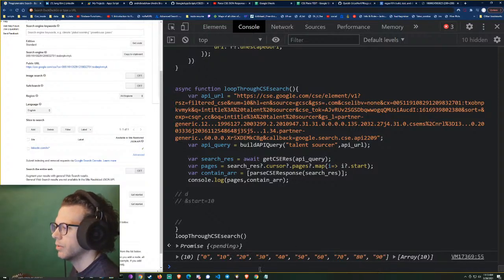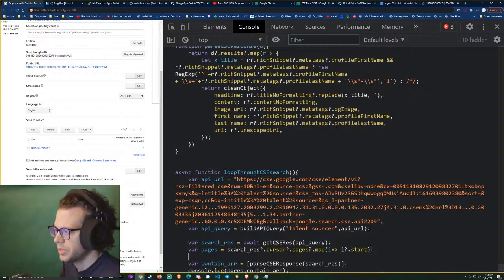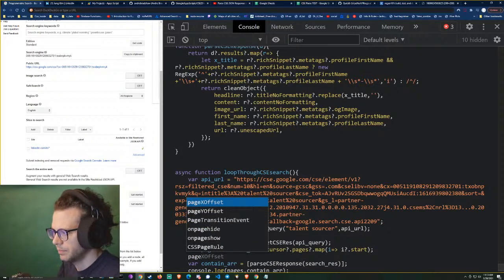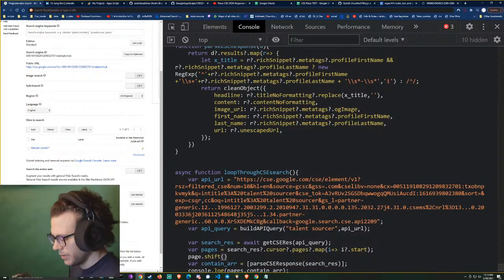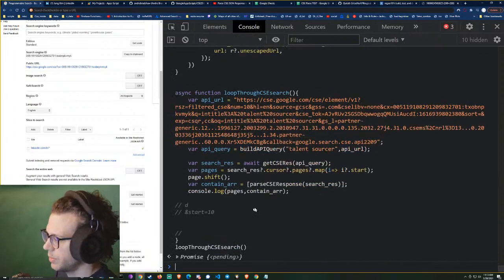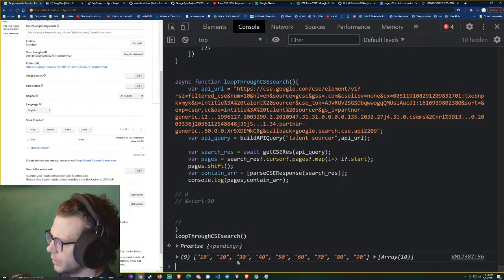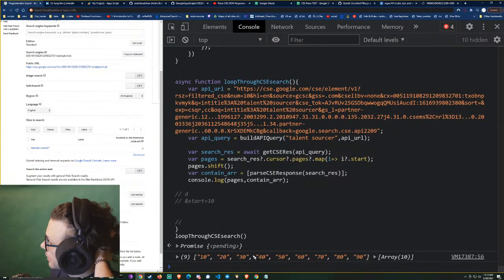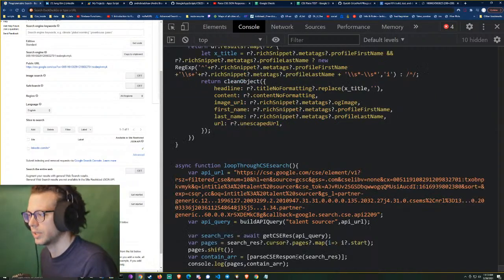Oh, I know what I did wrong. So I'm going to shift off the first, but what I did wrong was shift returns back that thing, and so I just need to do it below, and then it should be good. Pages, not page. There we go. So now this will give us the remainder of what we need,